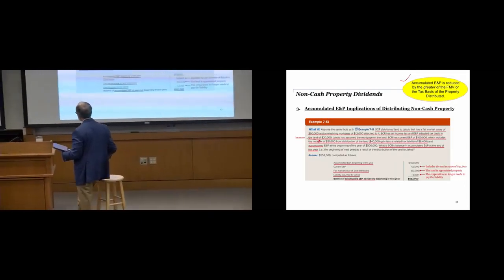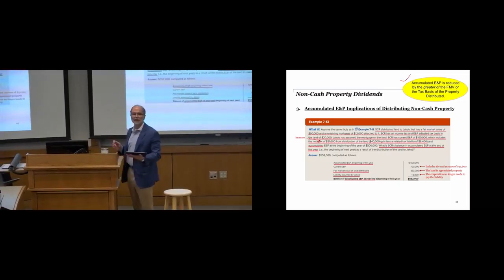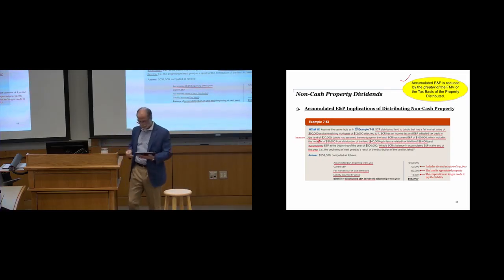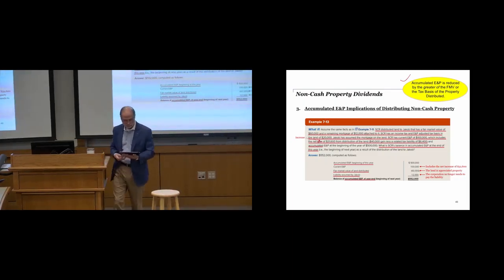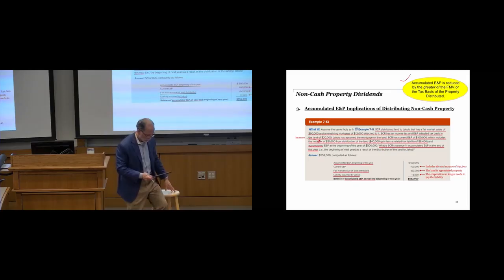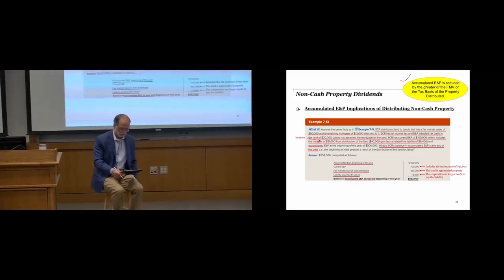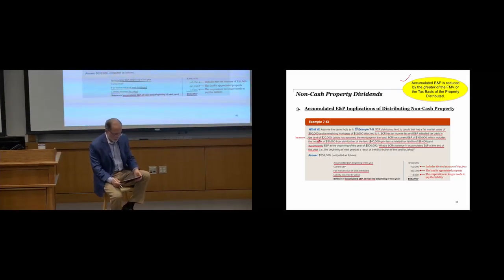Increasing. Okay. 713. What if we assume the same tax year, SDR distributed to Jacob land that has a fair market value of 60K and a remaining mortgage of 12K attached to it. SDR has an income tax and E&P adjusted tax basis in the land of